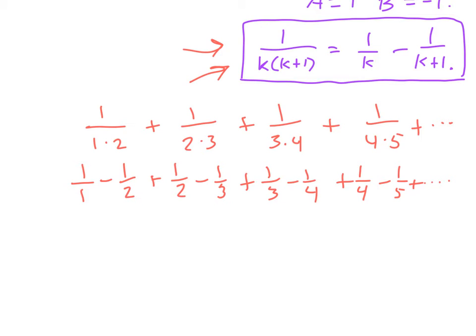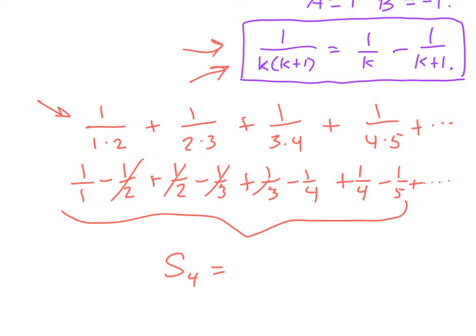Now suppose I add up. Technically this is written as 8 terms, but when we're thinking about this series, it's the first 4 terms of the series. So this is really the 4th partial sum of my original series. And I'll bet that you could add that up in your head. There's a lot of terms, but a bunch of them cancel out. Like these cancel out, and these cancel out. These cancel, and I'm left with 1 minus 1 fifth, which is 4 fifths. So in general,